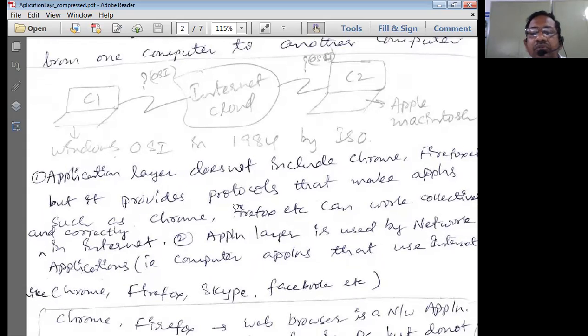Something like we discussed about platform independence in the case of Java. To run a Java program, you have to install the Java virtual machine. What is the advantage of that? Whatever the underlying operating system may be, we really don't bother. Whatever the bit size of the operating system, we don't bother. The only thing is, we need to have a Java virtual machine, which is compatible with around 56 different operating systems.